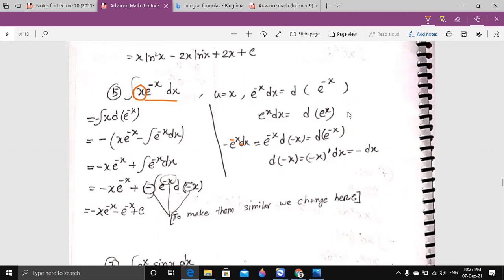Okay, so we know another thing, that is this formula: e to the power x dx equal d of e to the power x. dy is equal to y derivative dx. So this is our dy. So the value will be the y derivative. That means the derivative of e to the power x, that means also e to